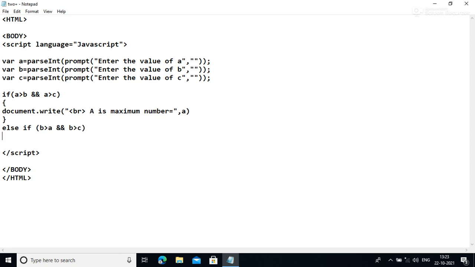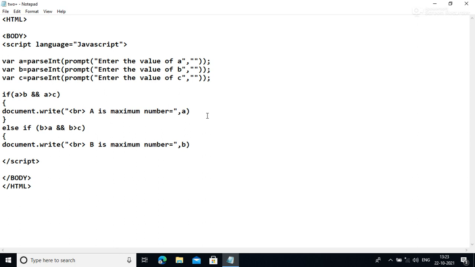If both conditions are true, then it will display document.write, "b is maximum number". And if you want to print it, comma, print b by using the comma operator.